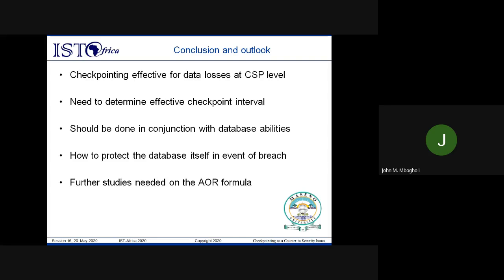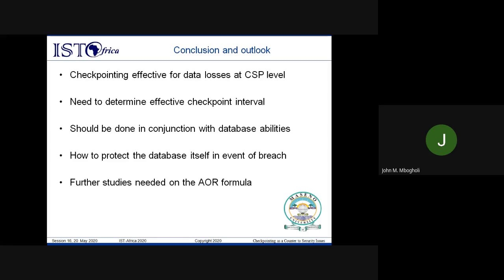To conclude, our research has shown that checkpointing is effective for data losses at CSP level. We also conclude that there is a need to determine a more effective checkpointing interval, since we have seen the 5-second interval was not ideal because we still lost one cloudlet since it failed before the 5-second mark. Therefore, there is a need to determine more efficient checkpointing intervals, which should be done in conjunction with the availabilities of the database, meaning that we should find a way in which we could quickly and dynamically remove tasks from the database which have been completed, so that current tasks can be saved in the database